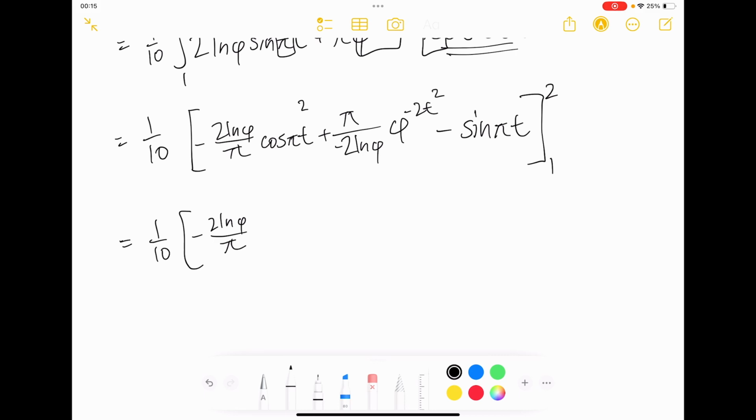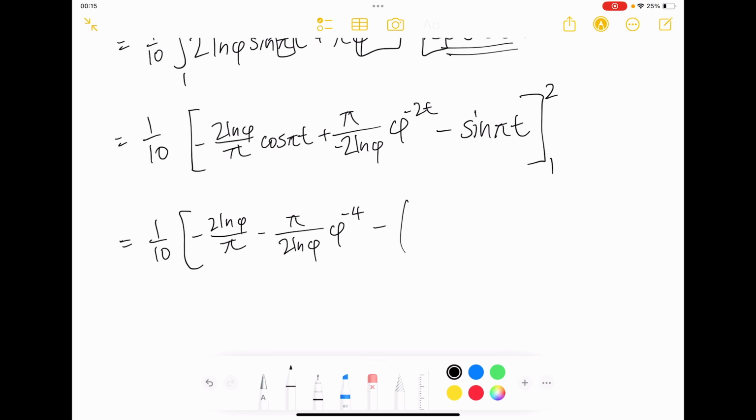And plugging in 2 here, we're going to get pi over, actually, let's put this minus up there, and 2 natural log phi times phi to the -4, and minus sine 2 pi, which is just 0. So that's that, and we have to subtract